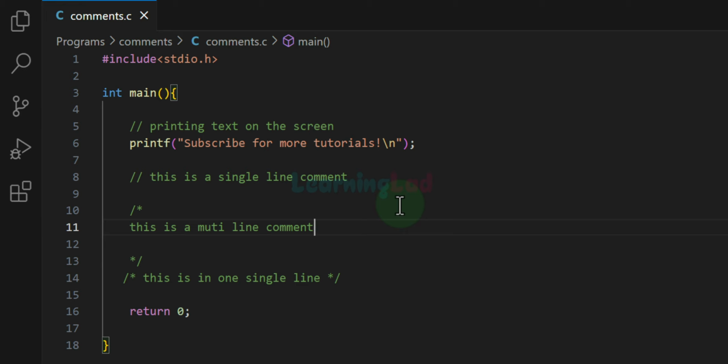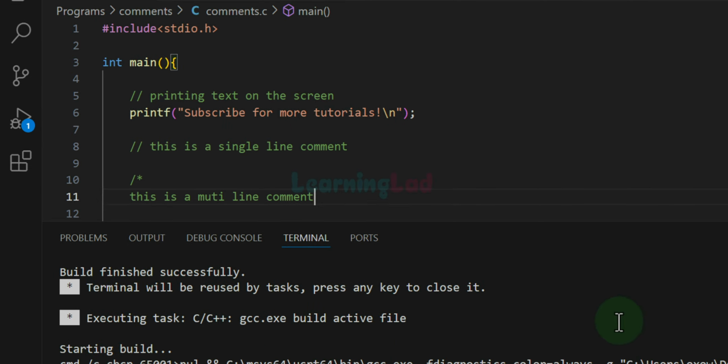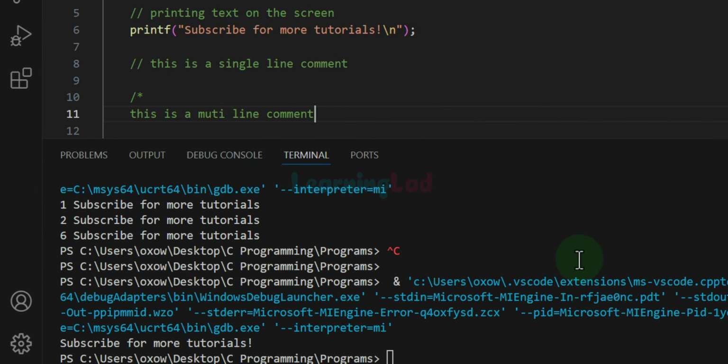Actually, when the preprocessor program runs before the compilation process, it will remove the comments from the source code and provide the modified source file to the compiler for the compilation process. So these comments are not compiled and they will not be executed. Now, if I save this program and run this, we will get only this as the output, which is this